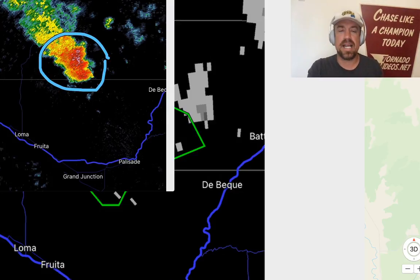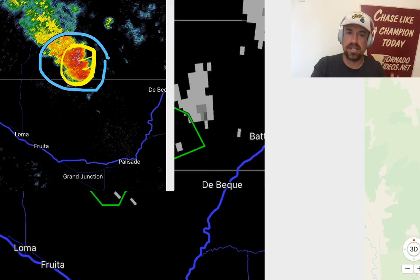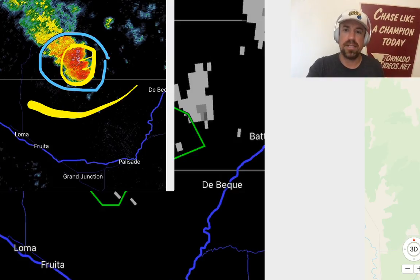And oftentimes these big time rainmakers like that will usually have this bean-shaped appearance, almost like a transient supercell structure. You could even see multiple inflow notches inside of the reflectivity pattern of this storm, and this big blob of high reflectivity that's relatively compact. It almost has a transient supercell look to it. These are the ones that are really dropping big time rainfall, and that Pine Gulch Fire burn scar is right